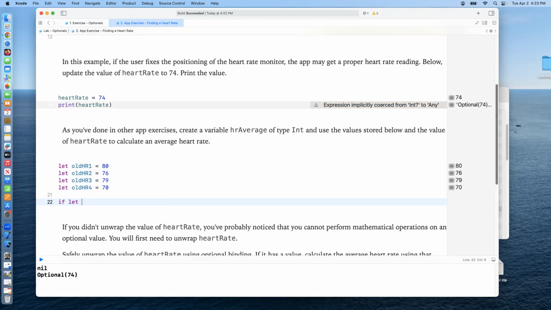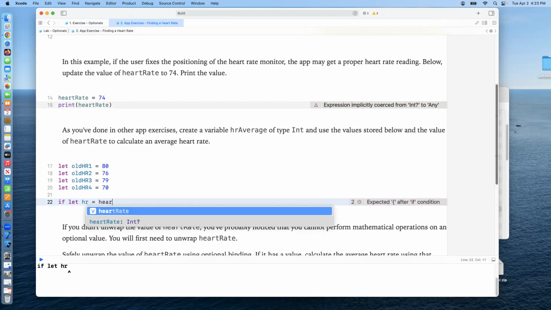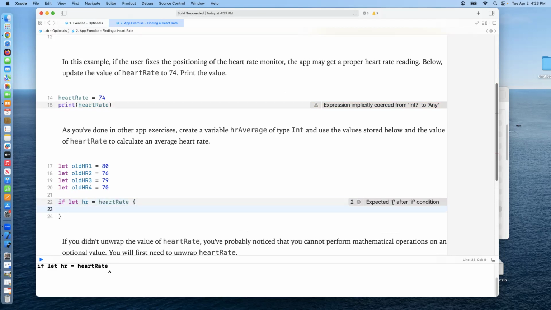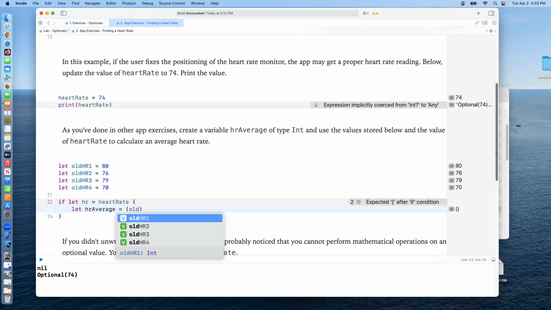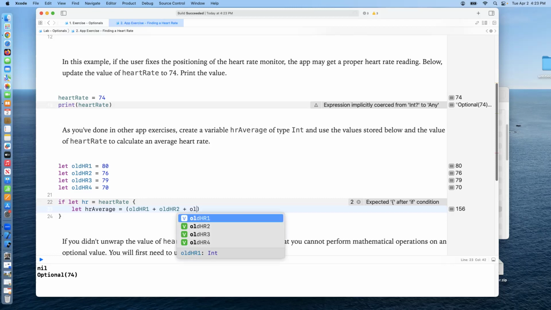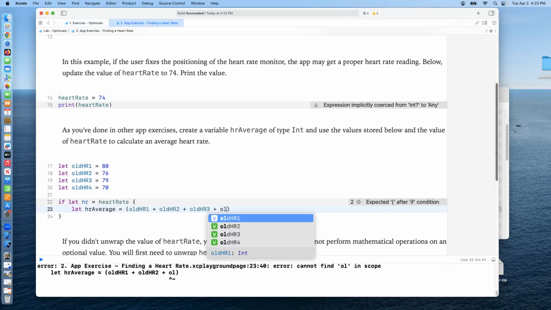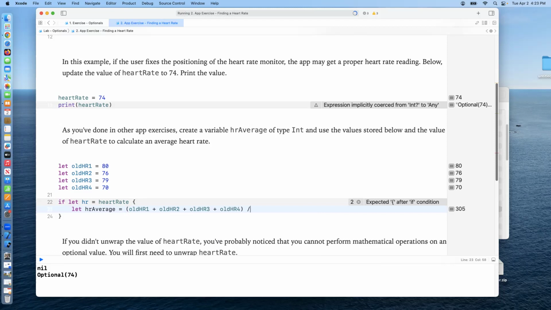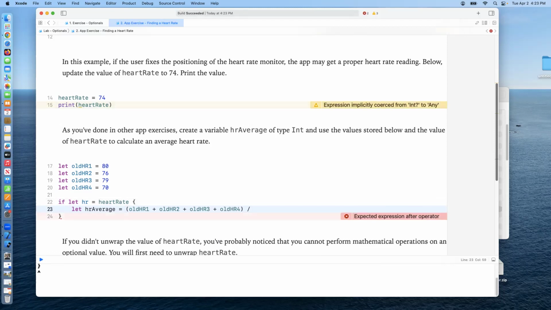So we'll say if let HR for heart rate equals heartRate, then let the heartRateAverage, spell it correctly, will equal, we set a parentheses here, because when you do averages, you always have to remember that. So we're going to take each one of these heart rates and add them together. We'll add each one in, and then we'll divide by the total number of them. How many are there? Oh, we also need to add the current heart rate. I apologize. So HR, and then divide by 5. And then we will print